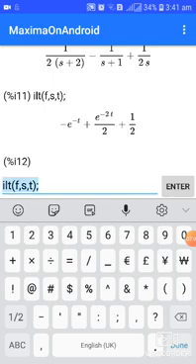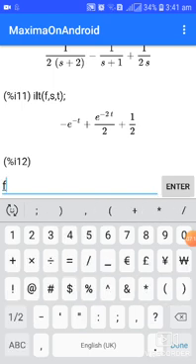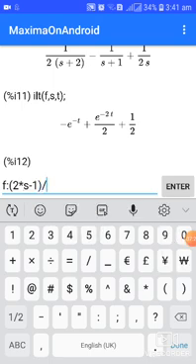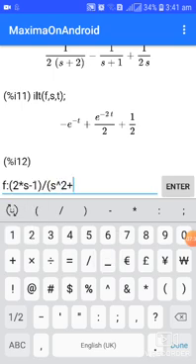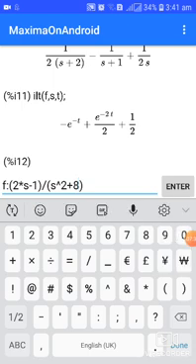Similarly, we will see one more problem finding inverse Laplace transform of 2s minus 1 by s square plus 8. Our function is 2s minus 1 by s square plus 8.